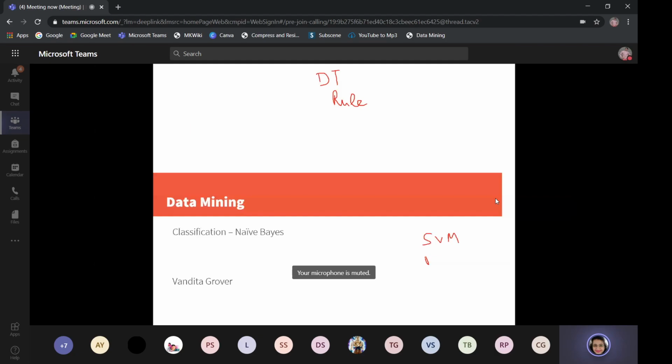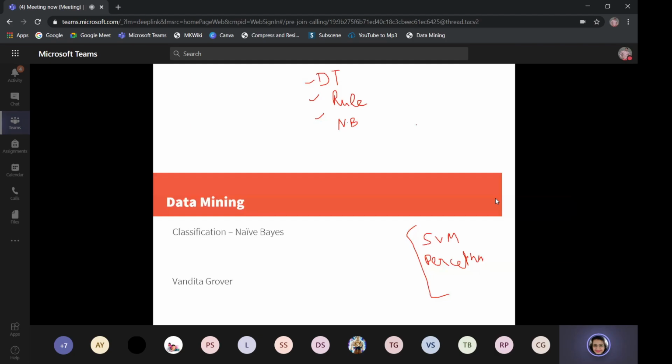And after that, in our syllabus, we will be talking about naive Bayes also. But these three are part of your syllabus. These two are other popular algorithms. So if you get a chance, do read about them because they are very interesting algorithms. In fact, they are given in your book also.